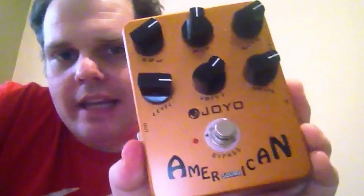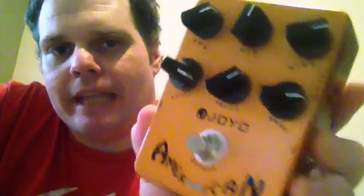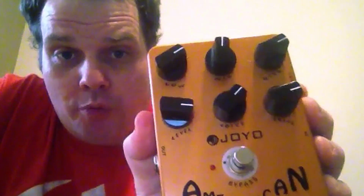What's up, bedroom producers? Bryan Lake here, and today I will be demoing this, the Joyo JF-14 American Sound pedal, which is an emulation of a Fender 57 Deluxe Tweed, which I have never owned and I have no personal